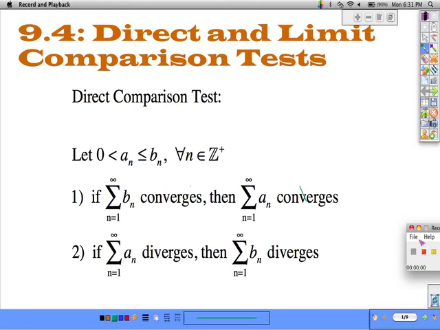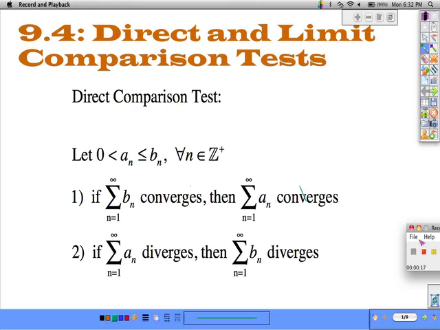In this section, we'll look at two more tests for convergence, and the first of which is the direct comparison test, where we're going to compare two sequences. And what we're going to look at is